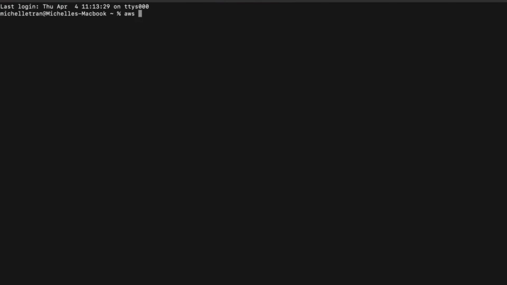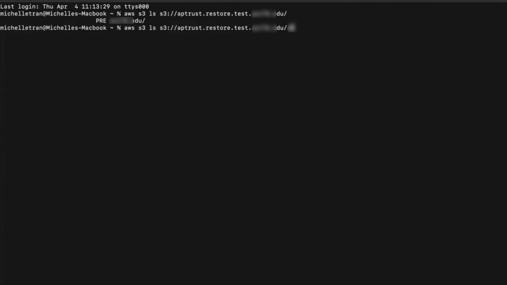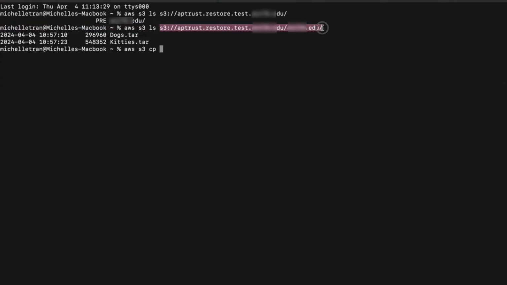To download a file from S3 to your local machine, you can first list the contents from your bucket by using the aws s3 ls command. After you see the contents of your buckets, to download or copy a file from the S3 bucket to your local machine or present working directory, you can use the aws s3 cp command. This should then download or copy the file to your local directory or folder.